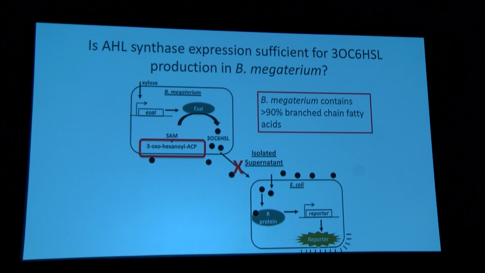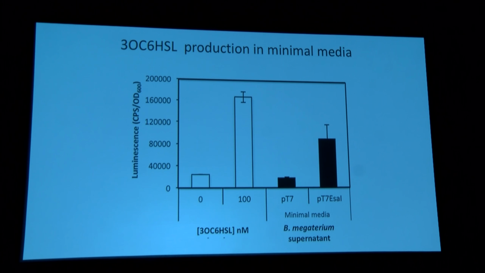What we also identified was that previous research had identified some conditions that allowed Bacillus to make more straight chain fatty acids. And so we tried a couple of those conditions. The first one we tried was low temperature, and then we also tried minimal media, so a defined media instead of LB or some typical laboratory media. And those both worked very well. I'm showing you here the minimal media system.